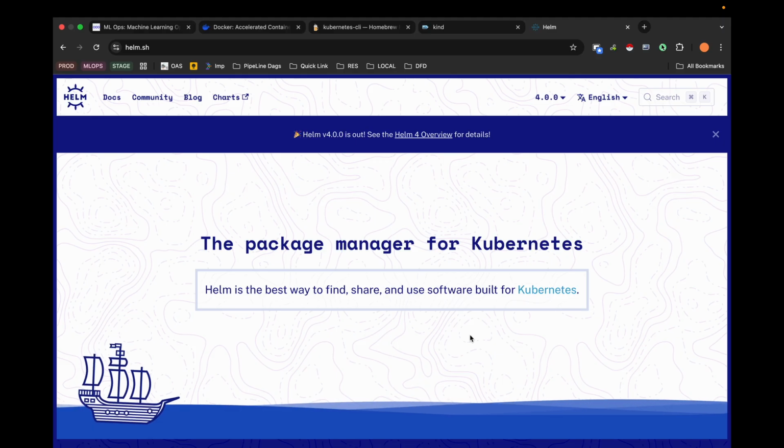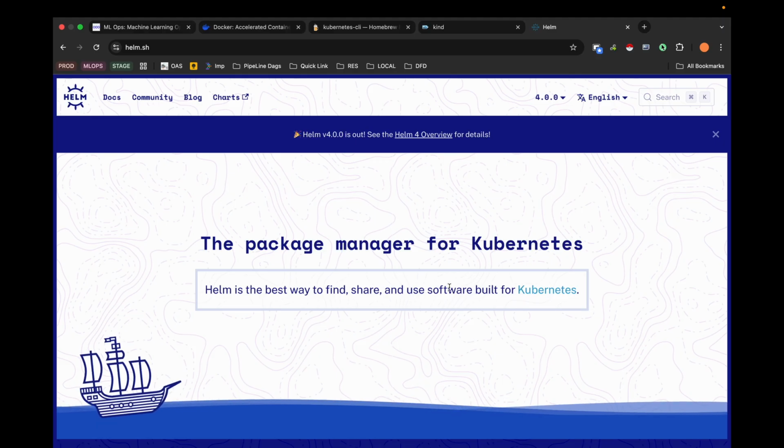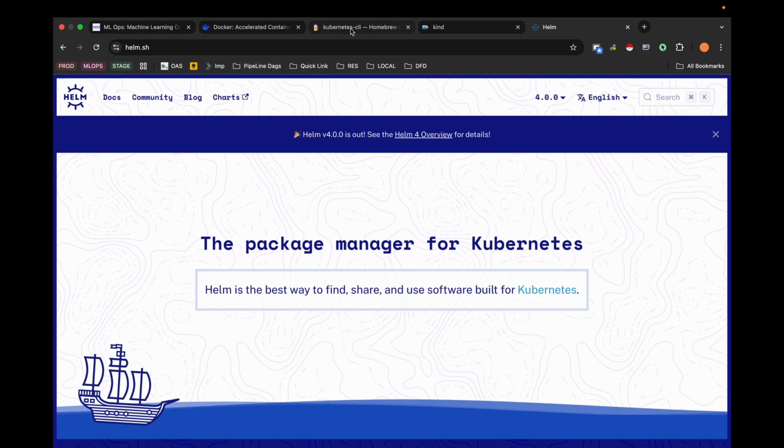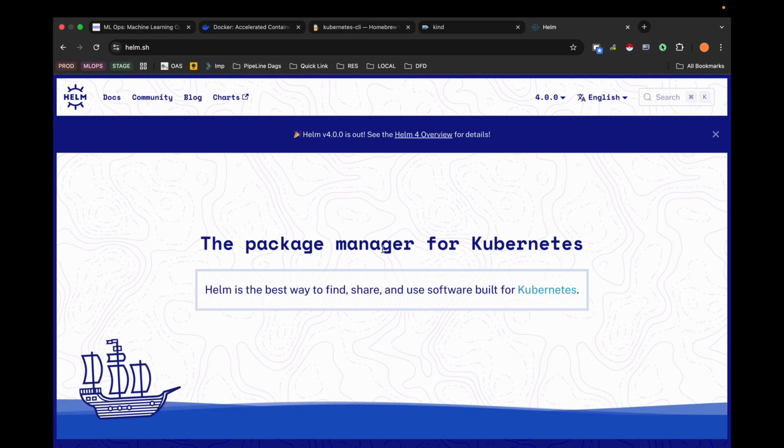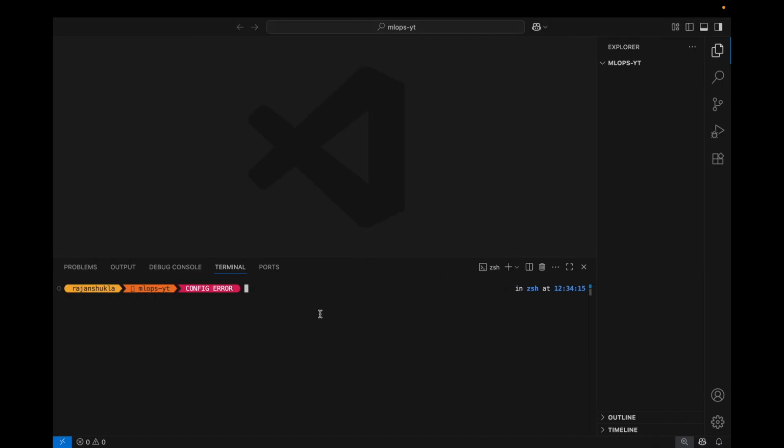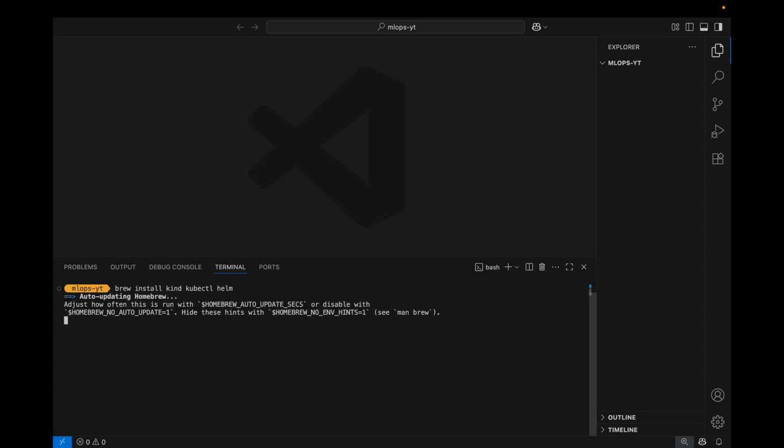So now we have enough overview of this module. This is an important module, and I wanted to make sure that every one of us has the right tools ready to start this project. So first of all, once you have installed brew, let's brew install kind, and we want kubectl and then Helm. Let them